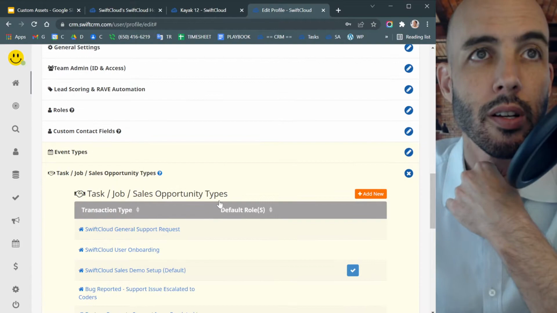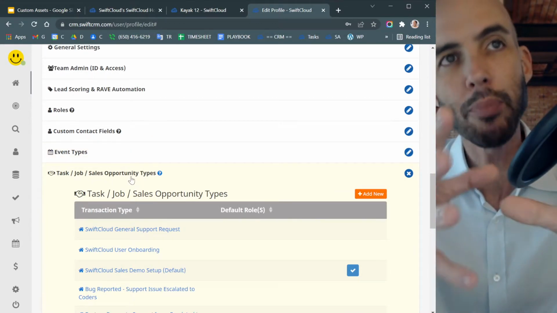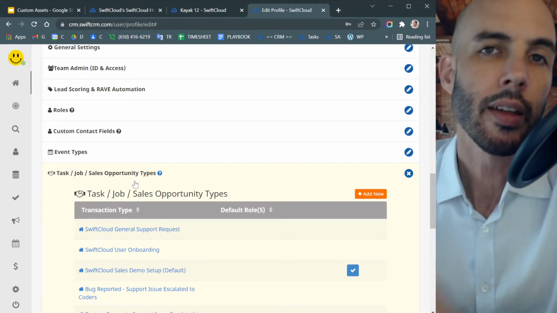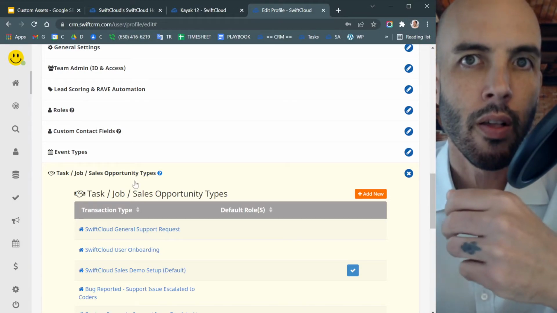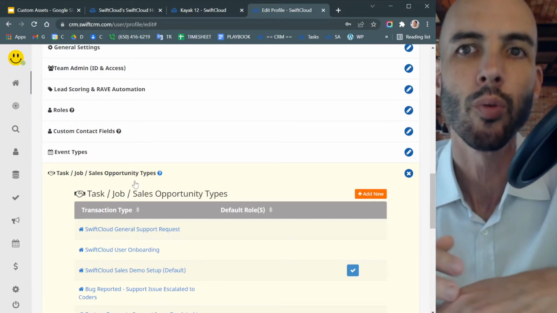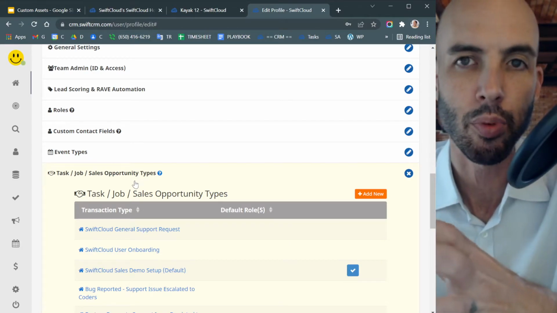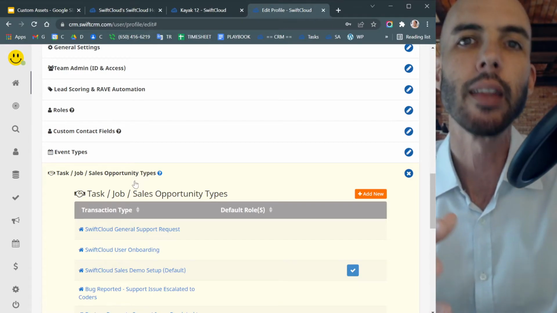We have a separate task slash job slash sales opportunity, and that pipeline or customization setting, and that's where you can track really things that are more project based, right? So that's where, if you're a realtor, for example, you'd want to track all of your listings, which are rapidly changing, and that's kind of treated as a project. It comes into your life, it's treated as a project, and then it's archived,